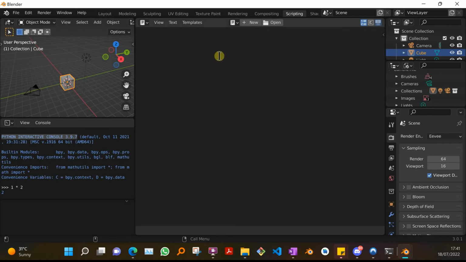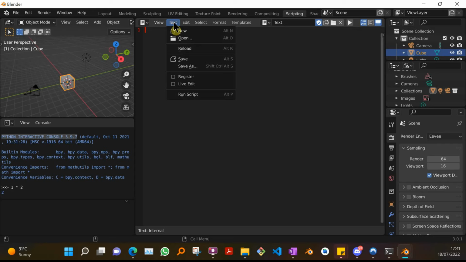And this is where we write our text for the scripts. So if I start to type, I don't get anything. If I now say new, and then I go to text and I say new, this is all a bit unnecessarily clunky, I would have said, but fine. So the first thing I need to do, the must-have module, is import bpy, which I assume stands for Blender Python. And here I could just say print I